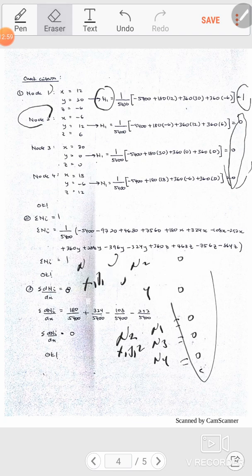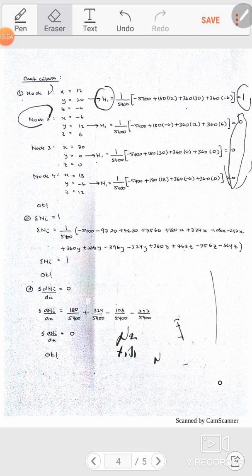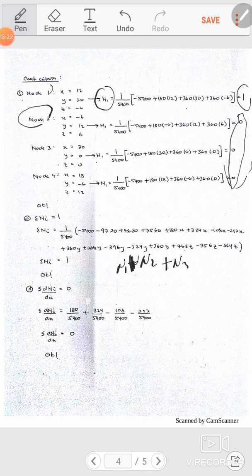So now go to the third condition. The third condition says the summation of shape functions is 1. Just collect all the equations, N1 plus N2 plus N3 plus N4, and in the equations you have x, y, and z, and just substitute the values